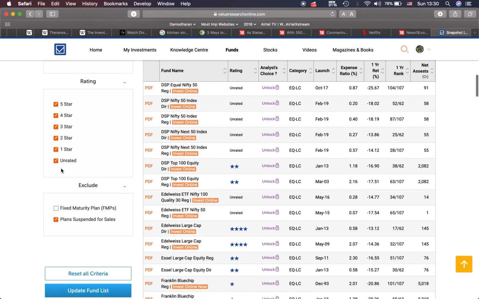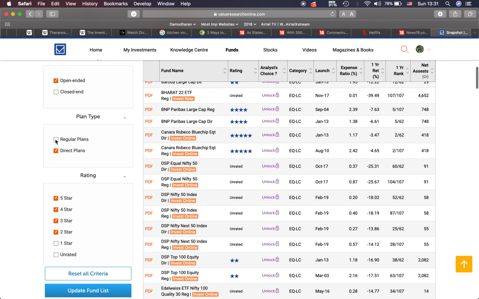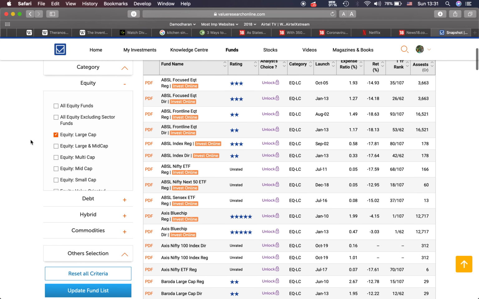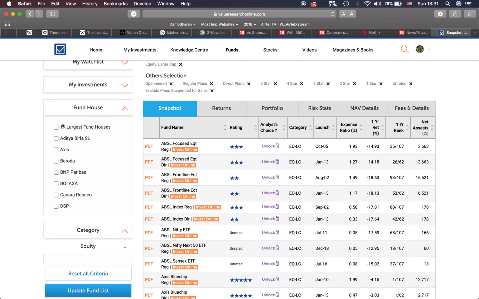What you can do is first remove unrated and 1 star, then you can remove regular funds, and in the fund house also you can select the 15 largest fund houses, and then in this also we can remove a few like DSP, Franklin Templeton, IDFC, L&T, Sundaram, Tata.